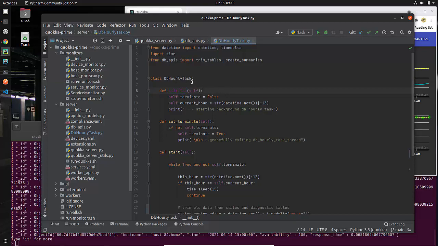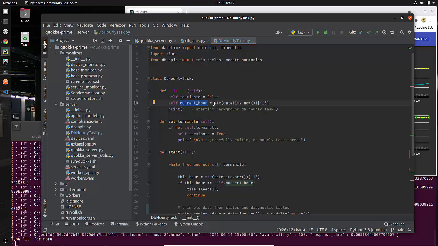So all you need to know is that when I create an object from this class, this code here is going to run. I'm only going to create one of these. What it's going to do, if you recall from our object-oriented stuff, is set its own variable called terminate. That's going to live inside this object. It's going to set that to false so that I will continue to do that. That gives you a clue that probably the way that I'm going to kill this is that I'm going to set that to true, and that's correct. Now here's an important piece. I'm going to set the current hour. So whenever this gets created, I'm going to set my current hour, and as you can imagine, I will be updating that.